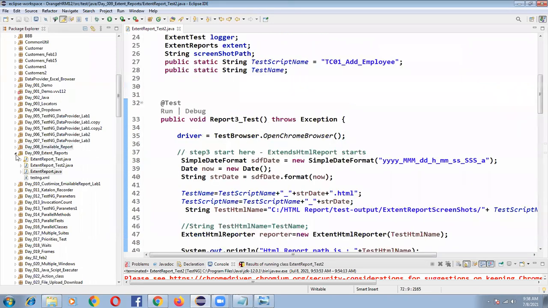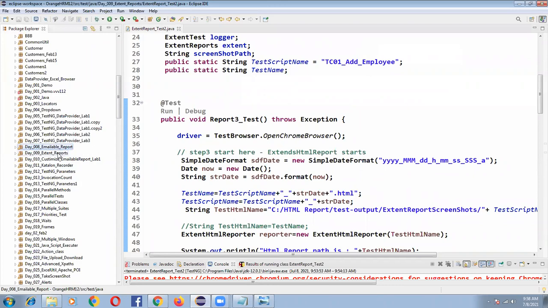The summary of lab numbers 8, 9, and 10 is this: suppose you join any project or organization, you need to understand how to write the log statements. The common point is they will import the class files, create the object, and call the methods, and they will guide you how to write the log statement. After writing the log statements, the corresponding snapshots, execution date and time, client logo, and such information will be captured in the reporting part. That's what you need to understand from these labs.